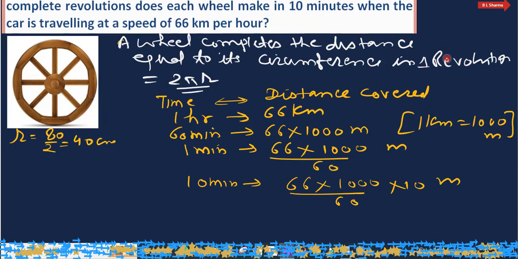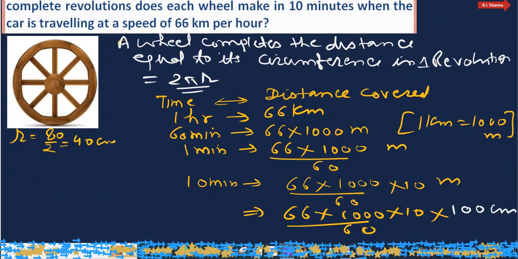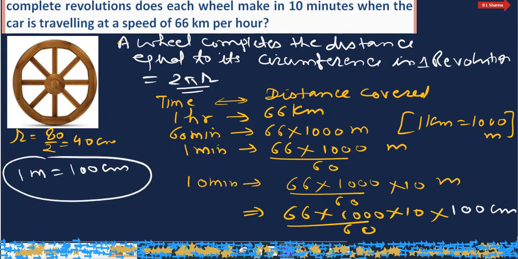And we can convert into centimeter here, or this can also be written as 66 into 1000 into 10 upon 60 into 100 centimeter, because we know that 1 meter is equal to 100 सेंटीमीटर। हमने किलोमीटर से मीटर में कन्वर्ट किया, और मीटर से सेंटीमीटर में कन्वर्ट किया। 1 किलोमीटर इज इक्वल टू 1000 मीटर, तो हमने 1000 से मल्टीप्लाई किया। 1 मीटर इज इक्वल टू 100 सेंटीमीटर, तो हमने 100 से मल्टीप्लाई किया। अब आप इसको सिंप्लीफाई करेंगे, देन इट विल बी 11 लाख सेंटीमीटर।